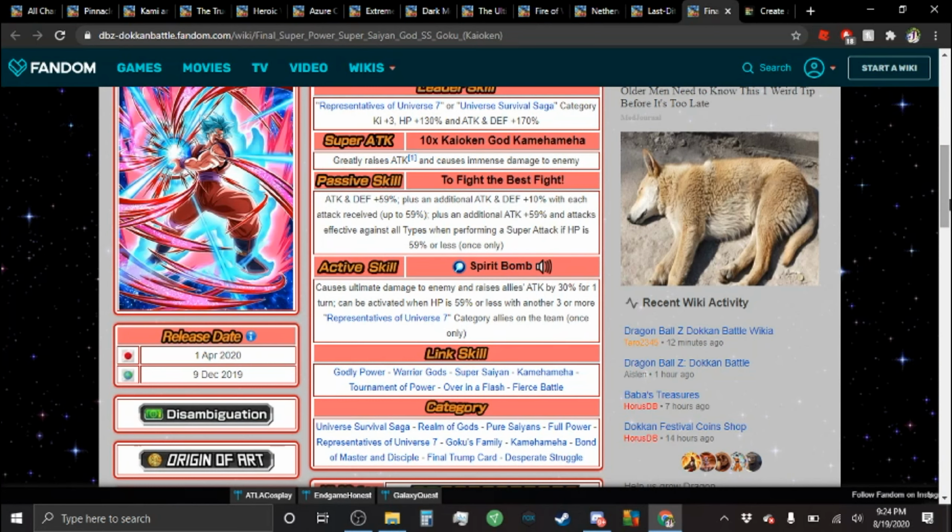Don't even play with me. If he's not getting a Spirit Bomb, he is not great. He is not a great unit. Don't play with me. But we're going to talk about his... Before we talk about why...